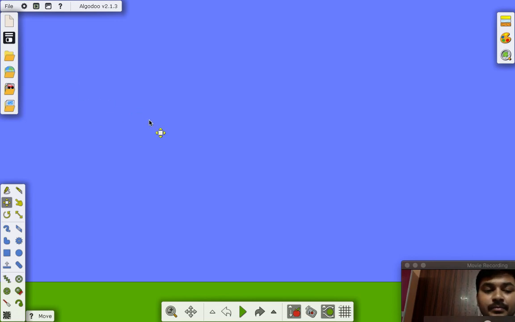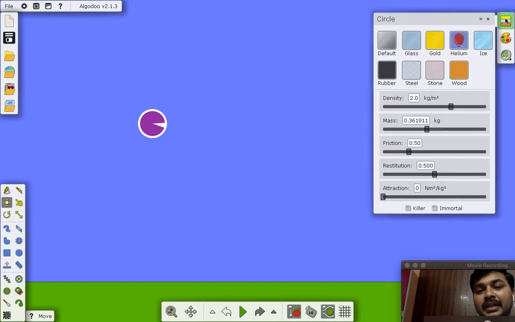To create a simple pendulum, first you need a bob, or let me say a sphere. So select a sphere. Usually in a simple pendulum the bob is metal. You see here there are several options. For a simple pendulum the metal should be steel, so you just click on steel. You can select anything.